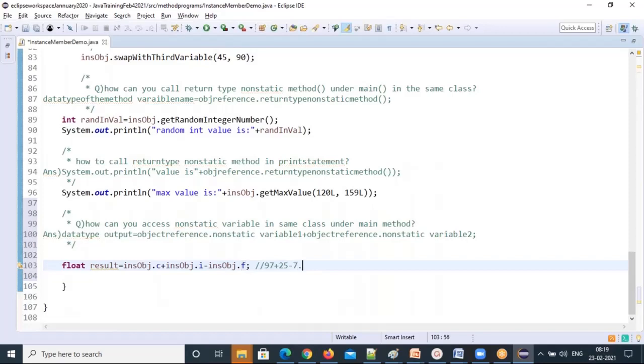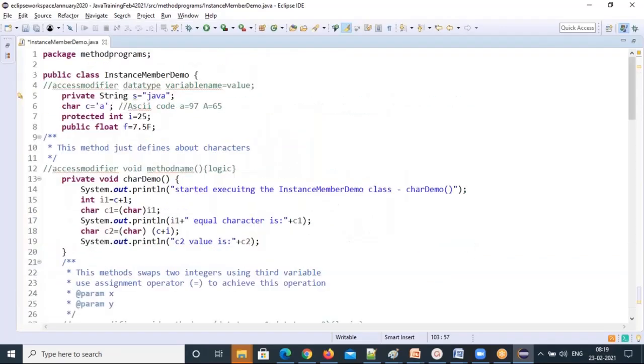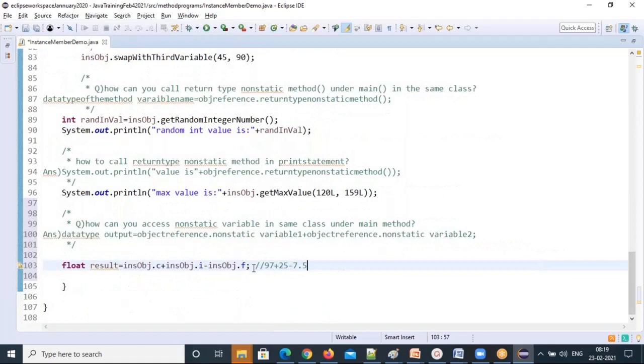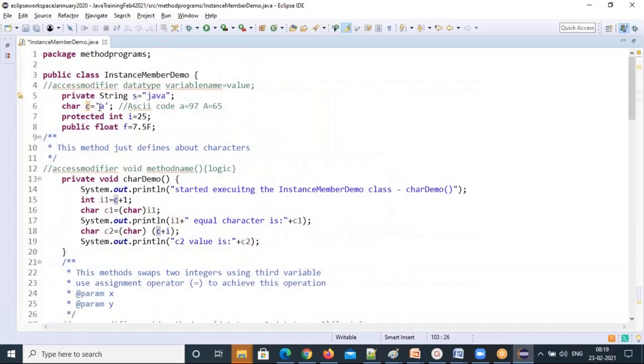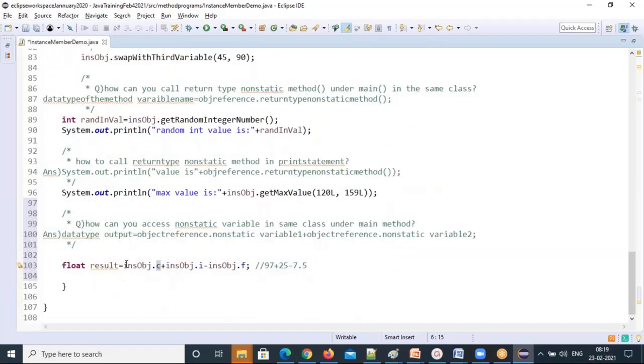Small a ASCII code is 97, and the value you will get here is the a ASCII code value 97 plus I value 25 minus the F value.